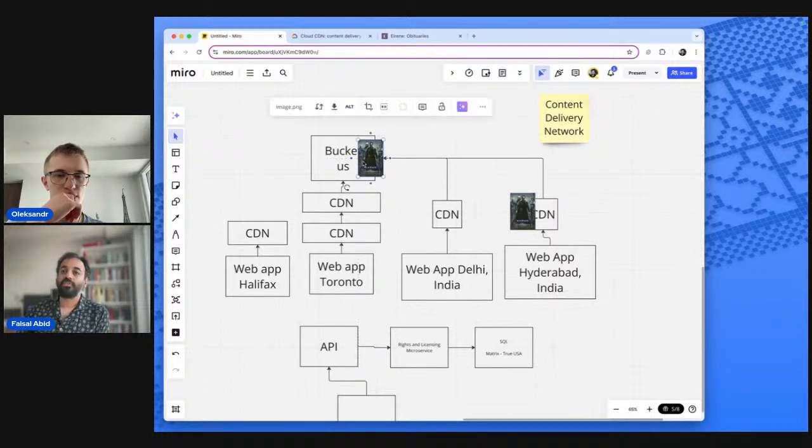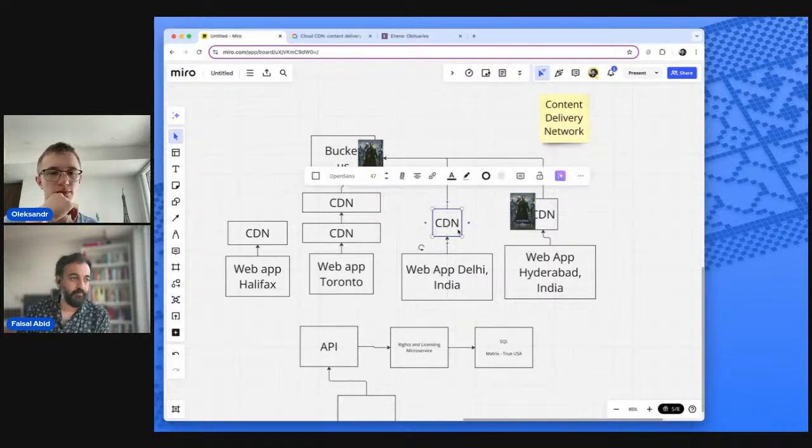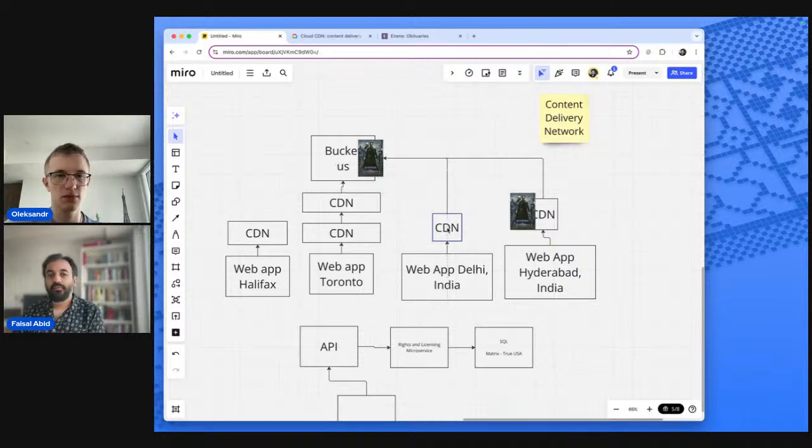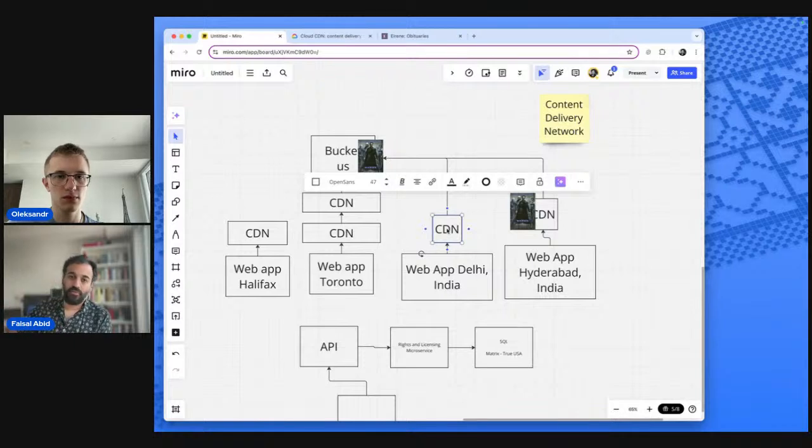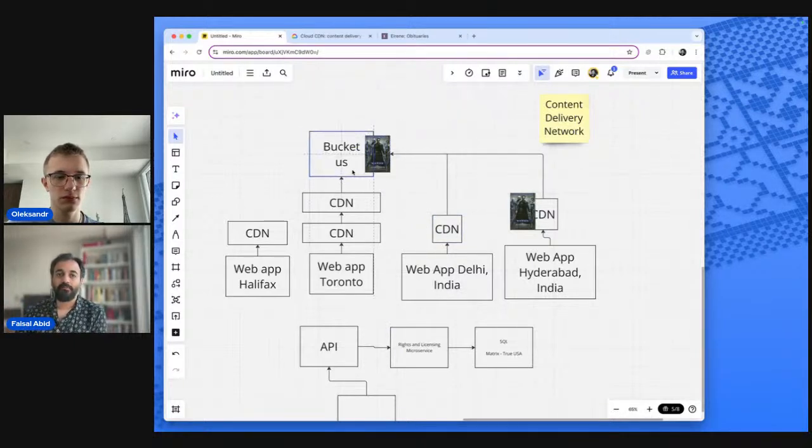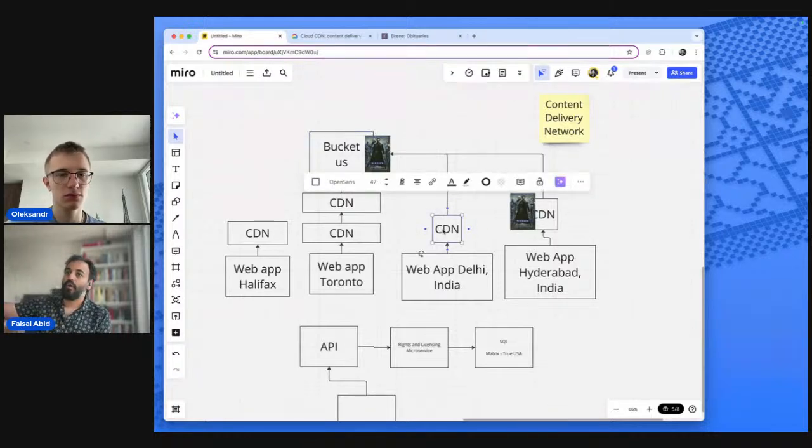Let's imagine you have a JavaScript file, right? Say you're loading Angular or React. Everyone uses React. Say you're loading React. When you have the React script tag, it isn't going all the time to Facebook servers to fetch it. It's living on a CDN somewhere, right?